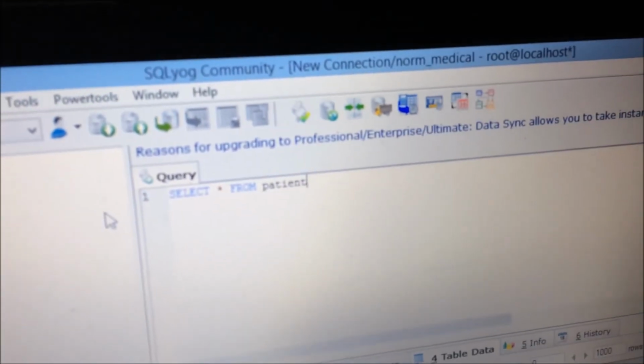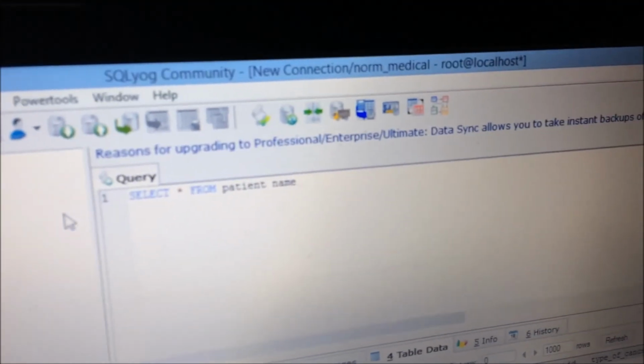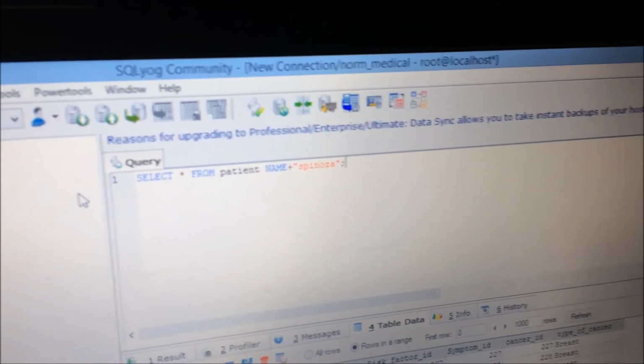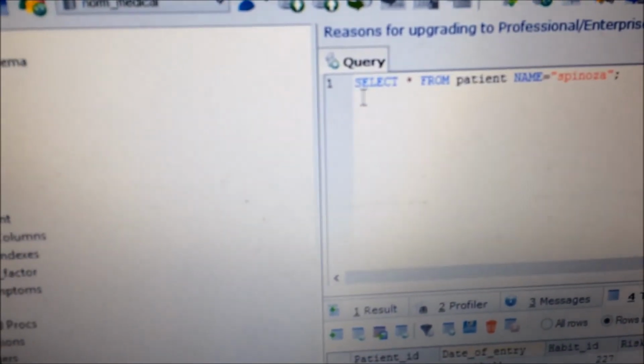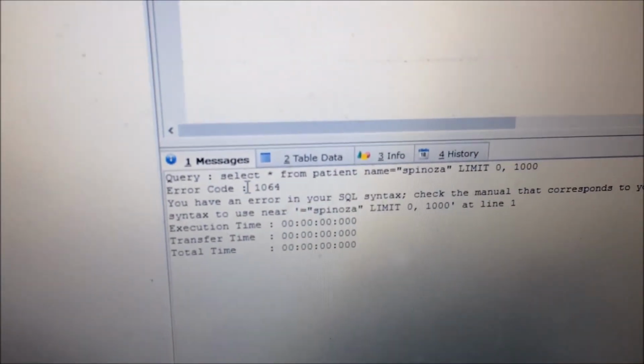Select star from patient where name is equal to, and I'm going to run this query now. Just select the query, click the run tab, and it will automatically show you. I think there is no name called Spinoza there.